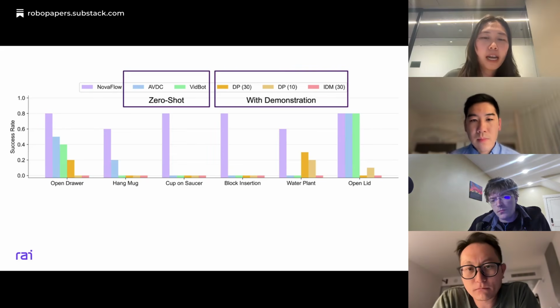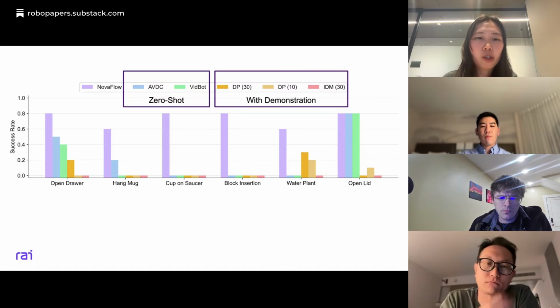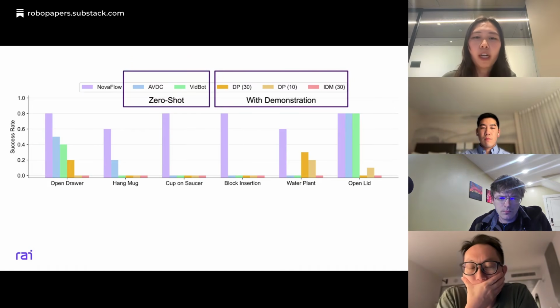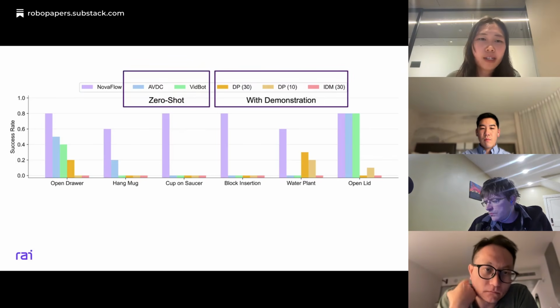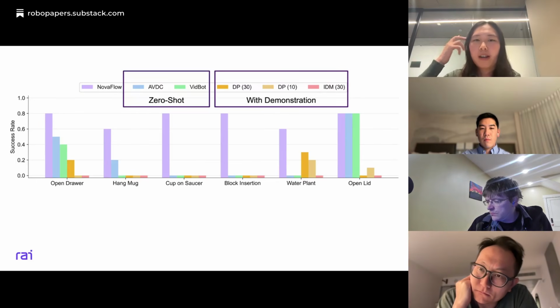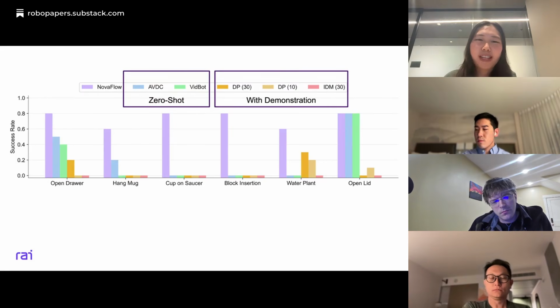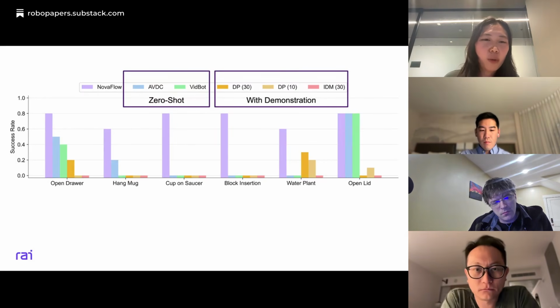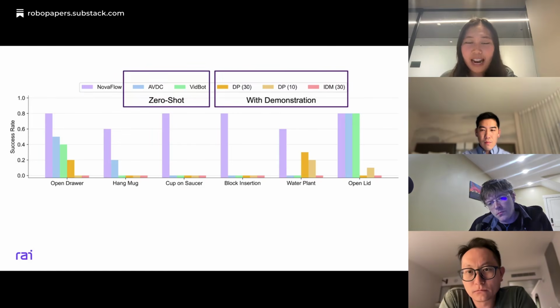And for the baselines here, AVDC and Bitbot, we consider zero shot because AVDC basically computes a 2D optical flow and directly applies that to turn that into actions. And then Bitbot is also trained on large models to directly get articulated objects working. I think that's the only thing it can really do. And those with demonstrations, DP, diffusion policy, we trained on 2 different variants. One is with 30 demonstrations and one is with 10 demonstrations. And there's the inverse dynamics model. Then we also trained on 30 demonstrations.